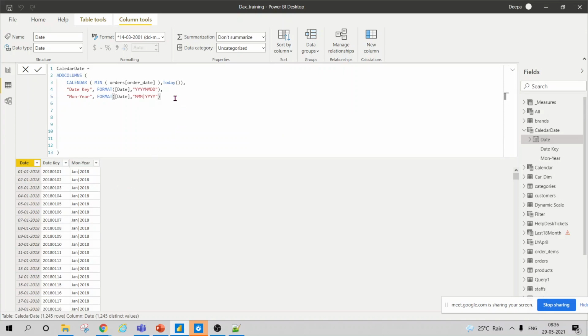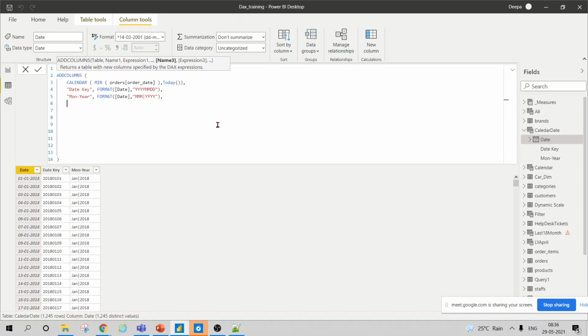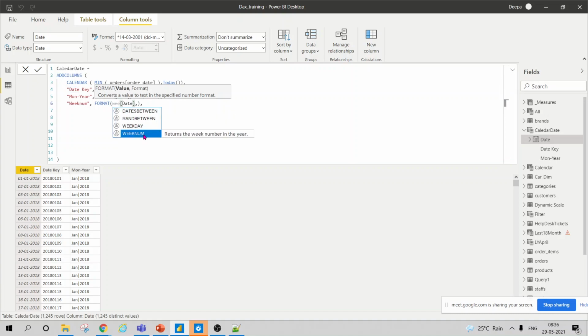Now I want to add multiple columns to it. So there are multiple things in Power BI. I want to get week number. So for that, first of all it is asking for name 3. So I'll say week number. Now it is asking me what you want to do on top of it. So I will copy this format and I will say give me week number.